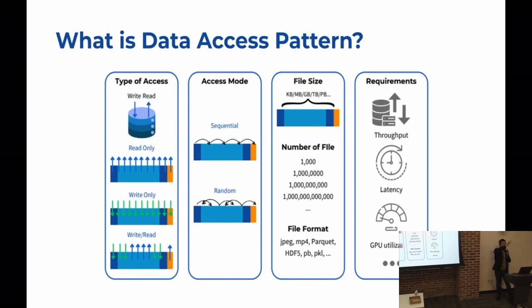So when you read from the beginning, I can have a background thread to keep prefetching the data from the file. But if you have random data, the prefetch may not work because you don't need everything. You may just need a very small portion of your data. If you prefetch, you load everything from your data storage, which means you have what we call read amplification.